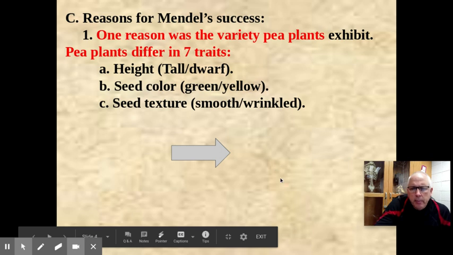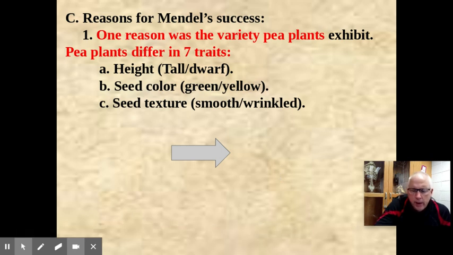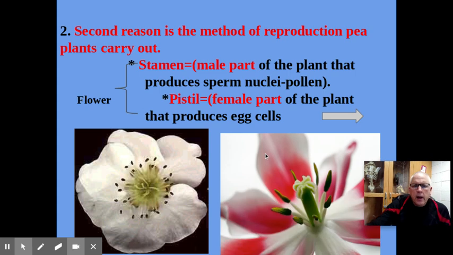The other reason pea plants were a great choice by Mendel, and we think this was all by design, because he was known for his botany. He was known for studying plants, right? Was how they reproduce. So a little botany lesson, a little reproduction of a plant. The reproductive part of a plant is a flower. A lot of people don't realize that flowers are pretty and look nice, not so we give them away on Valentine's Day, but because they want to attract insects so they can pollinate, reproduce.